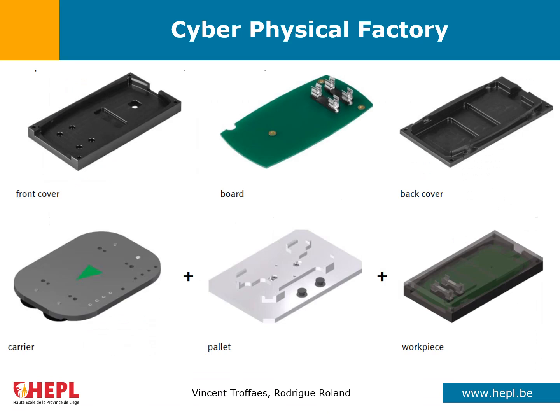Now, the CP factory is made of 10 different modules. It consists of a small factory producing smartphones. There are three main components: the front cover, the back cover, and the board that can receive up to 2 fuses. And during the process, the product is being transported from station to station on a conveyor, on a pallet